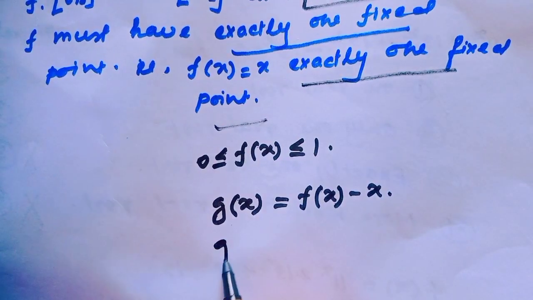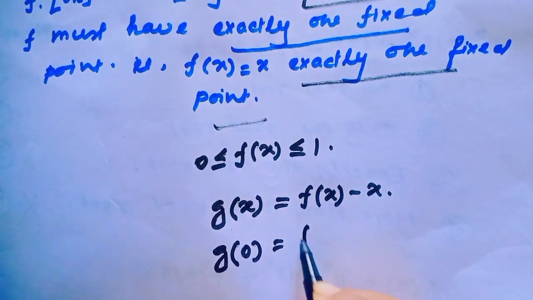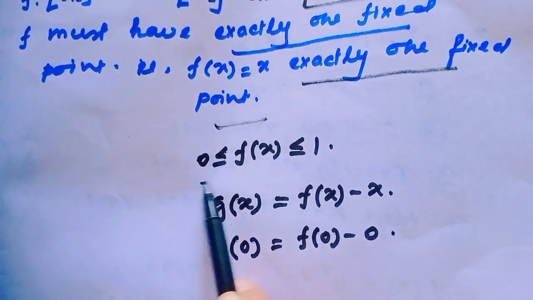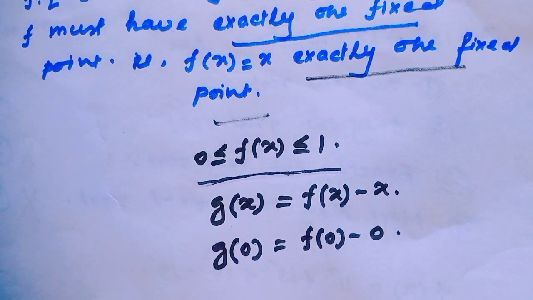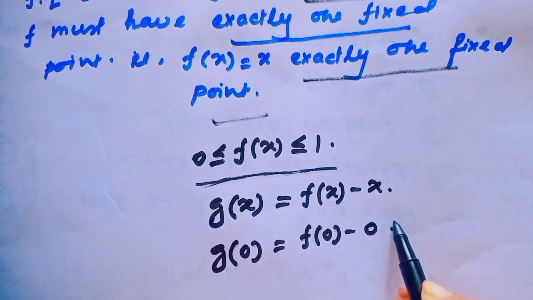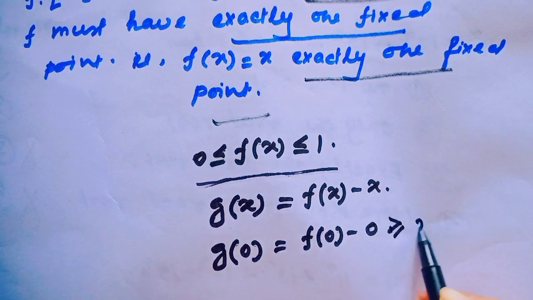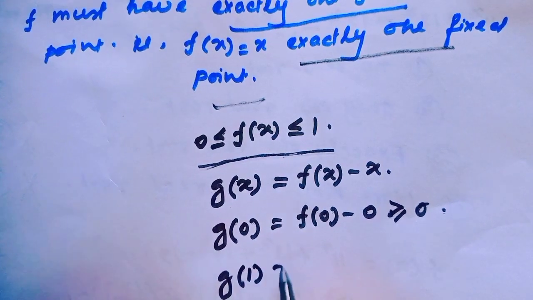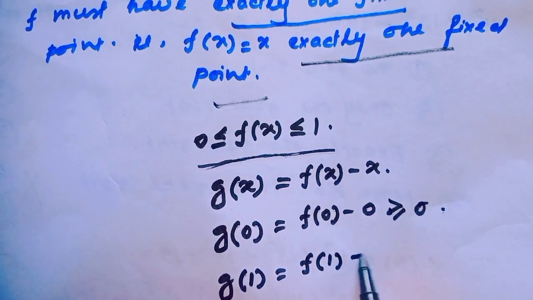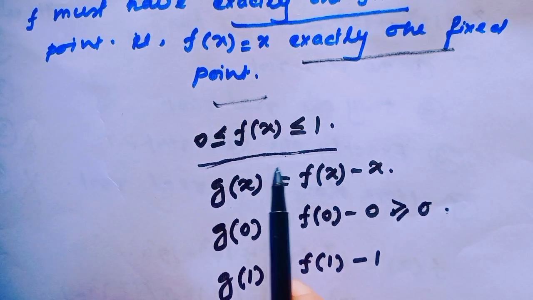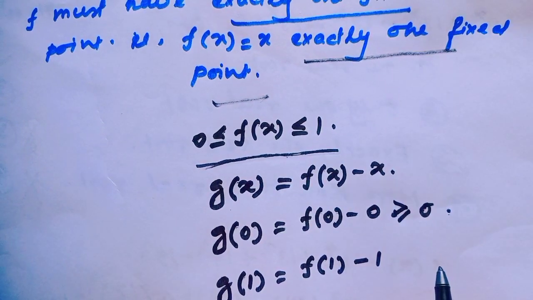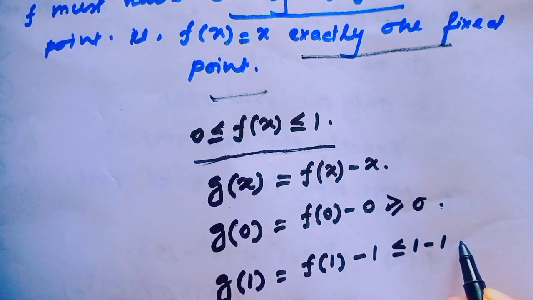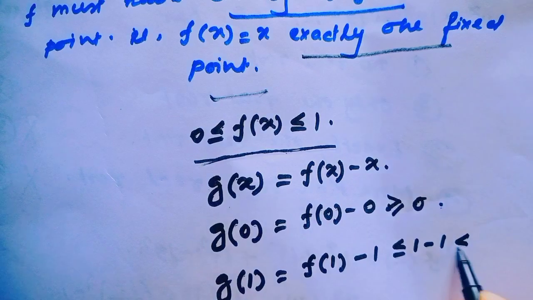Then g of 0 is f of 0 minus 0, and since f of x is greater than or equal to 0, this value is always greater than or equal to 0, and g of 1 equal to f of 1 minus 1, and since f of x is less than or equal to 1, this value is less than or equal to 1 minus 1,